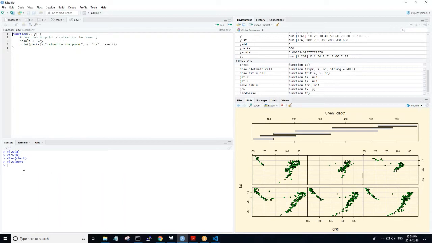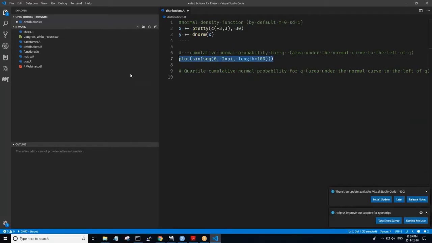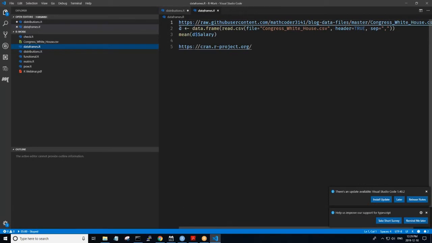So now the final thing I wanted to talk about in terms of the actual R interface itself is this notion of a data frame. I'm going to take this data frame I've got here.